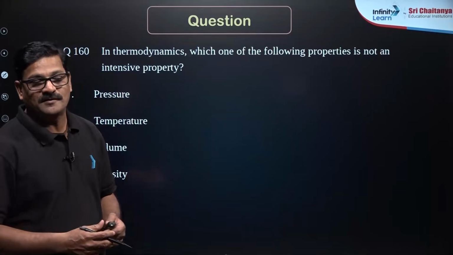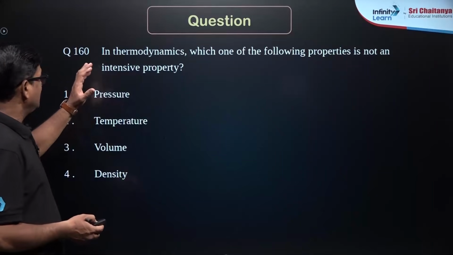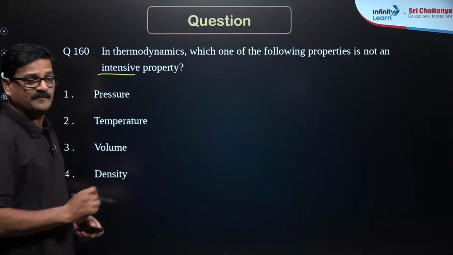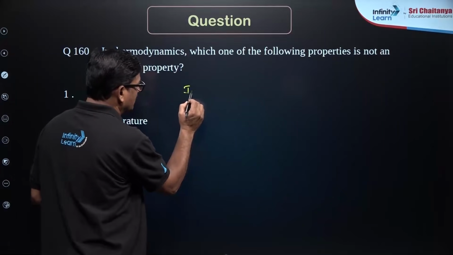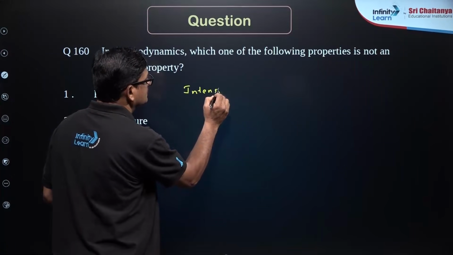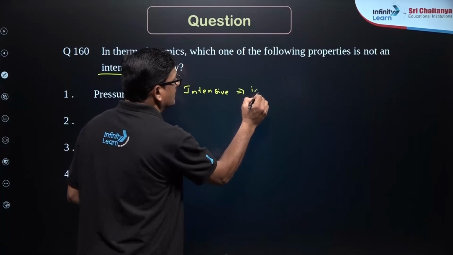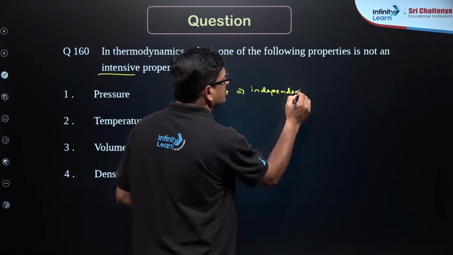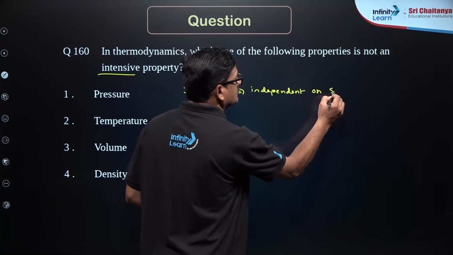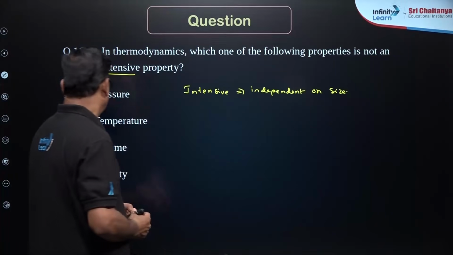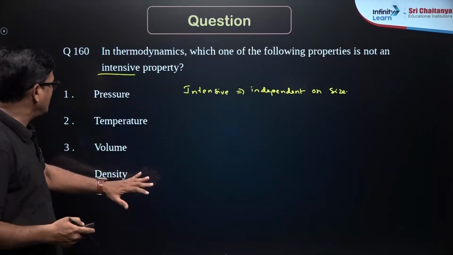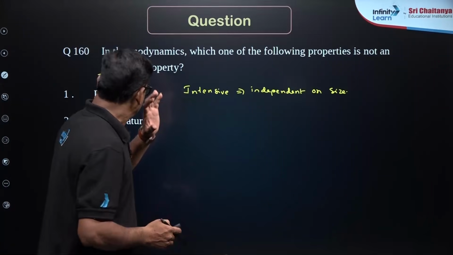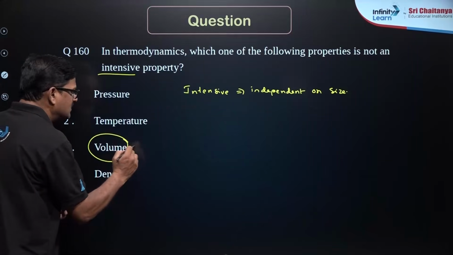Students, here is a question from thermodynamics. In thermodynamics, which of the following property is an intensive property? So, the intensive property is independent of the size. Here it is all given as pressure, temperature, volume and density. And here the volume is the one that is dependent on the size